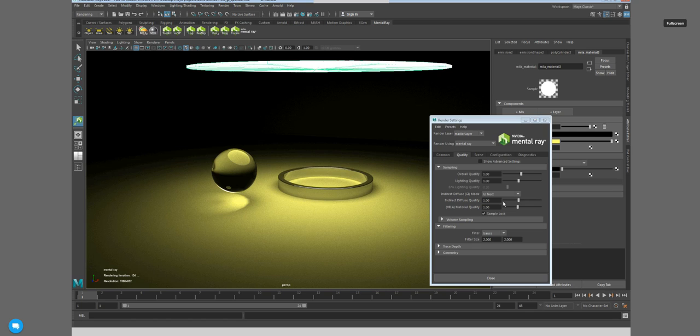You will also notice that if we have this thing called Show Advanced Settings, you can get more advanced settings, but in basic mode, we like to say that the quality knob you want to mostly work with is overall quality. The diffuse quality itself can be controlled with the indirect diffuse quality setting here. So if we increase that, for example,